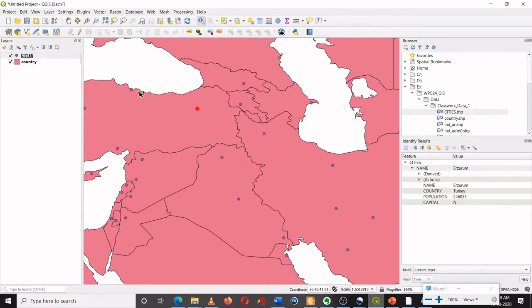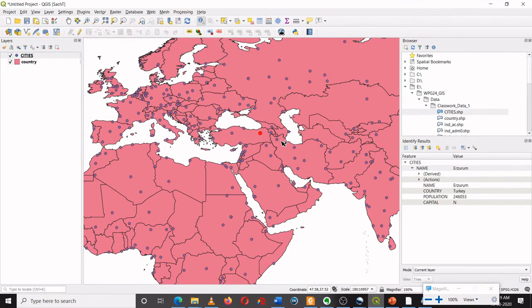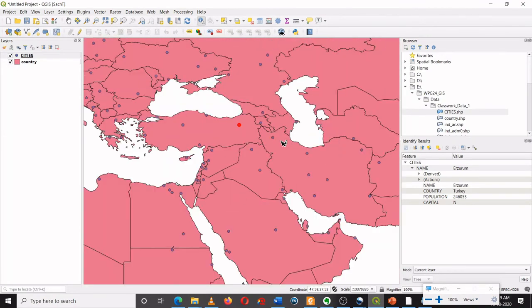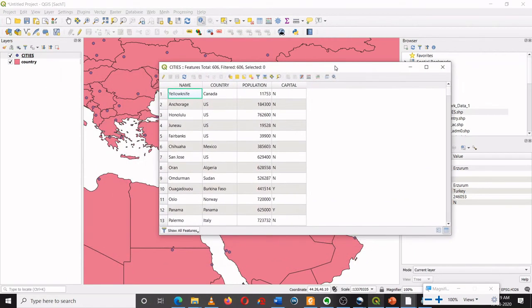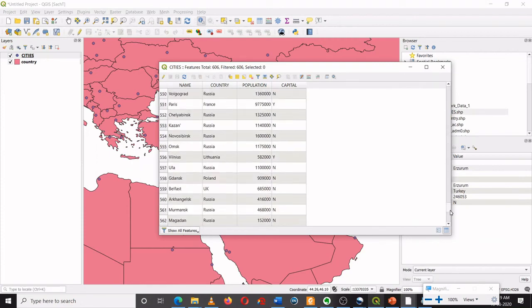I can also view the attribute table of the cities, because cities is a different layer, and I can see the attribute table by clicking over here. Now you can see the cities attribute table, which has only 4 columns, and if you drag this down, you can see there are a total of 606 features.